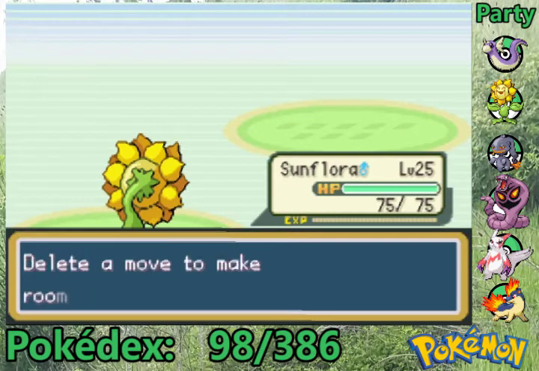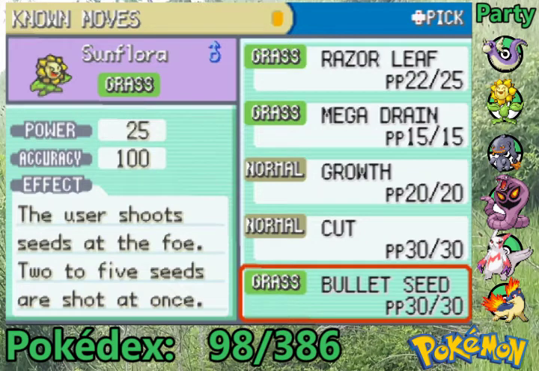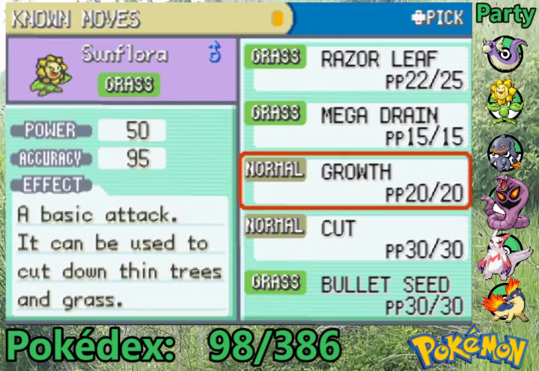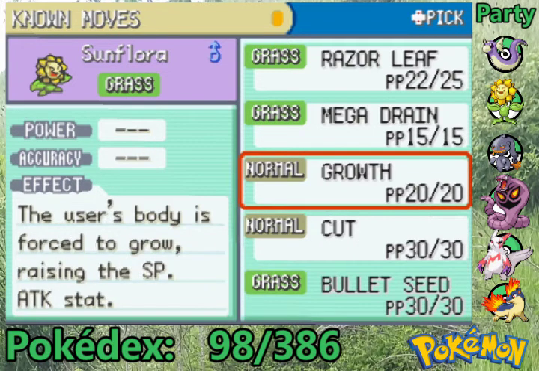Bullet Seed. Interesting. Let's take a look at that. Now, Bullet Seed I would have definitely replaced Absorb with. But now that we're saddled with Cut because we made mistakes, where is Bullet Seed better than Razor Leaf? Bullet Seed doesn't miss. Is Bullet Seed better than Growth? I'm going to pass on Bullet Seed. It's a difficult decision to make, but...